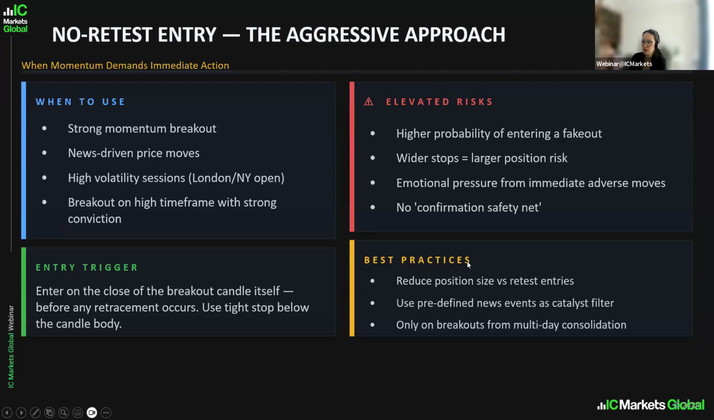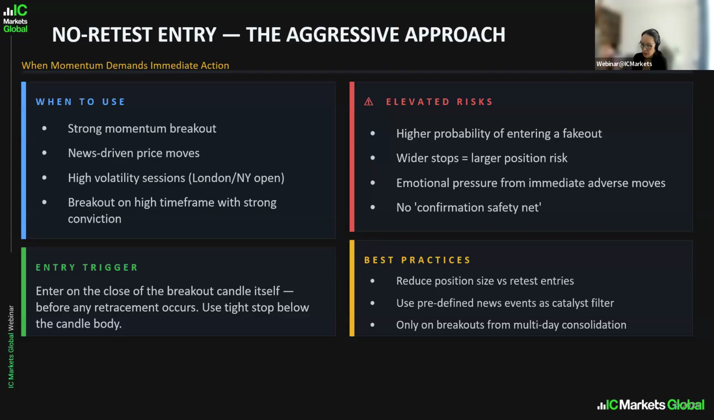No retest entry, the aggressive approach. So when to use it? Basically you say, okay, I don't want to wait for the retest. Use it when there is a strong momentum breakout or news-driven price movement. If you like to trade the news breakout, you just follow, buy or sell. You don't wait for the retest, because you know there will be strong volume, a lot of liquidity, including news events such as